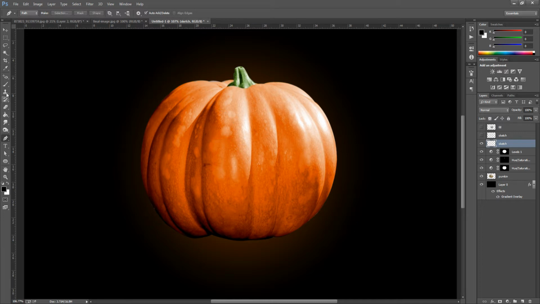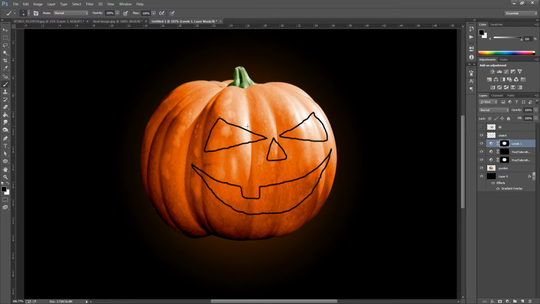And we're going to use the paintbrush tool, the next one. And as I said, same for the brush, 4 pixels or a little bit bigger depending on the size of your image. Black is your foreground colour, and then we're just going to go and map out our eyes. So something around about there. And once you've done all the mapping out and you've done the sketch, you've done the mouth, the nose and the eyes, and I've already done my sketch, so I don't really need to do this, so I'm just going to go and delete that layer.